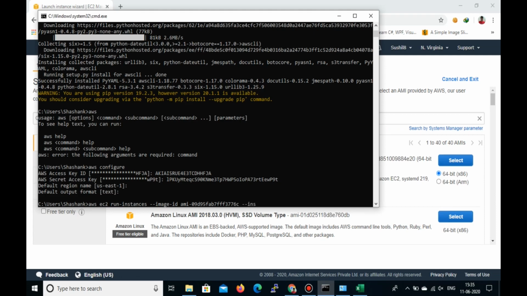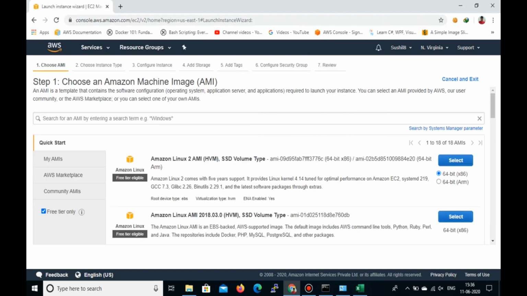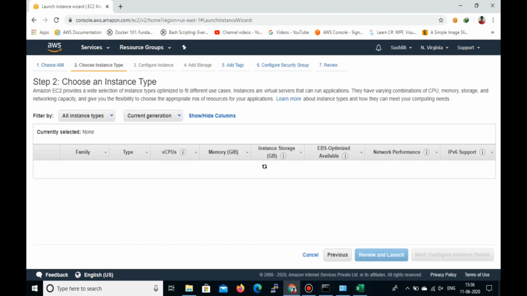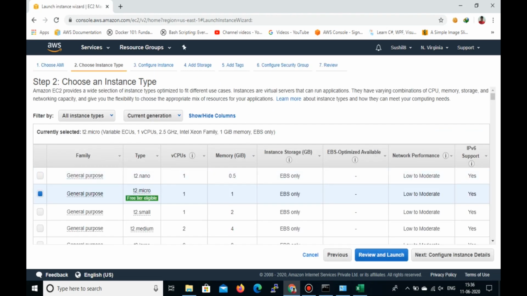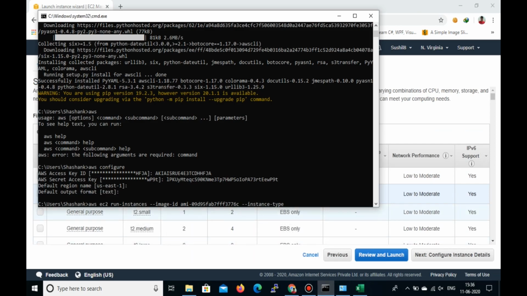Now you have to give the instance type. Usually we take t2.micro for the free tier. You know that already. See, t2.micro. So you have to mention t2.micro here. If you want to create a paid one, you can select another, like t2.medium or t2.small.